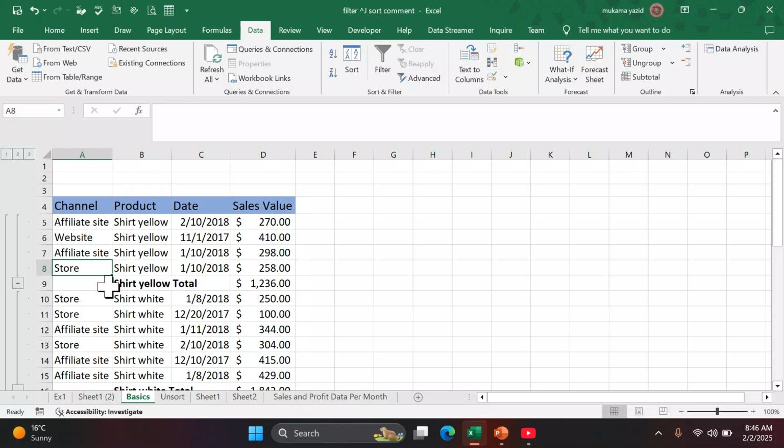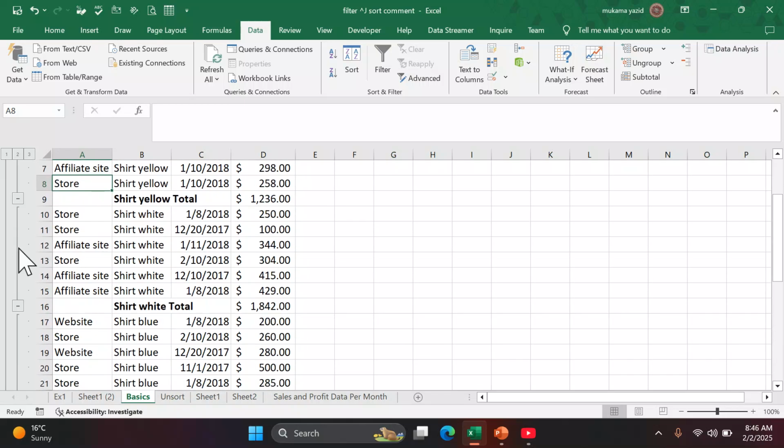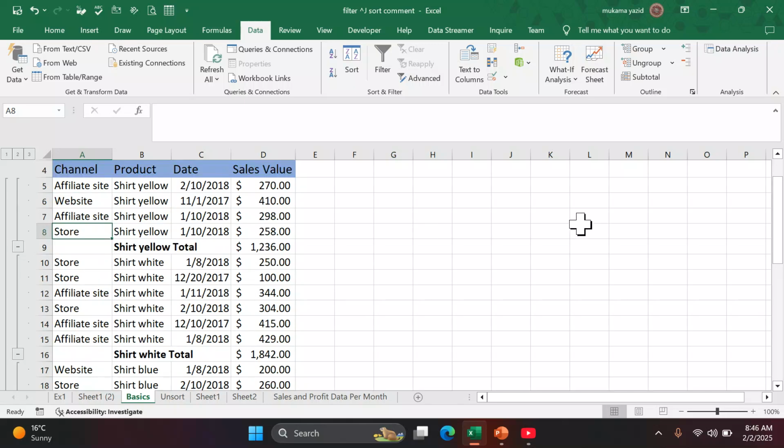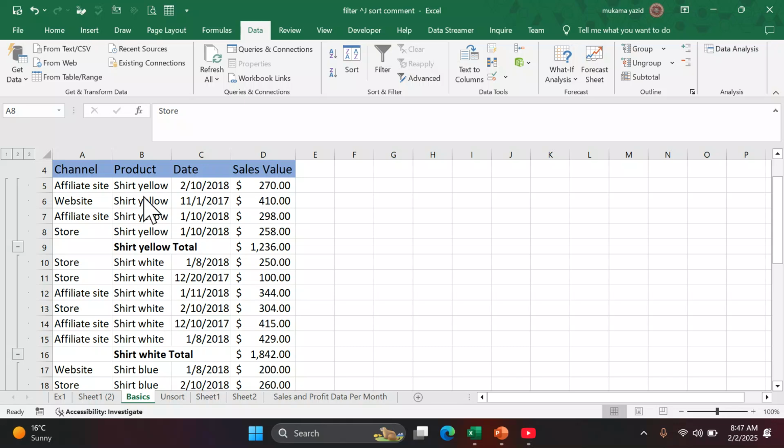Another thing they added here is grouping. We can see the group here. When you are adding something, you expect to get a total. Subtotal can help you to organize in this way. You can see these were yellow, belonging to shirt yellow. Here we can get the total. Here we can get even the